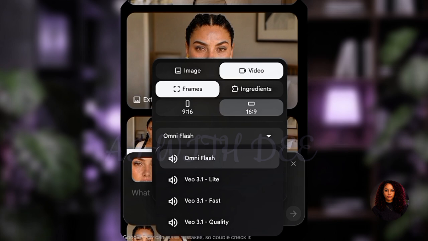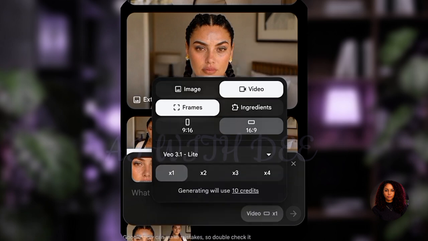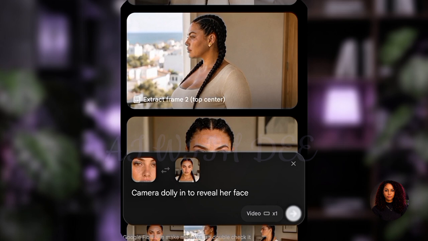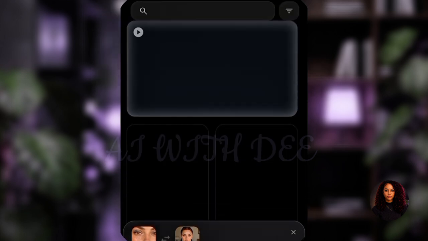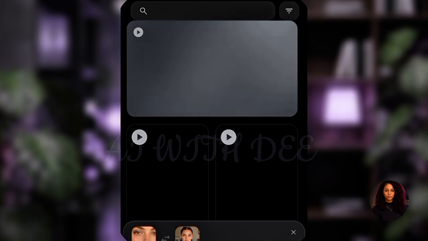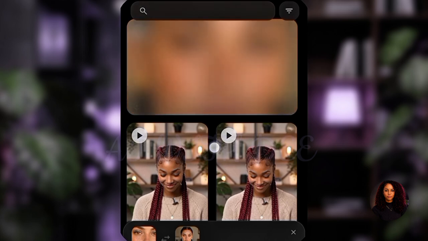Before writing your prompt, quickly check your video settings. You can adjust the aspect ratio, the duration, and choose your preferred generation model, like the Veo 3.1 Lite model, to ensure you get the exact style and quality you need. Now it's time to guide the AI. In the text box, type a clear camera direction for how you want the AI to bridge the two images. For this shot, we'll type Camera Dolly In to reveal her face. Hit the Generate button and let the AI go to work. In just a few moments, your two static images are transformed into a seamless cinematic video clip that brings your